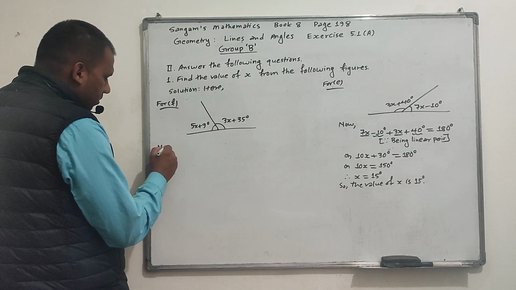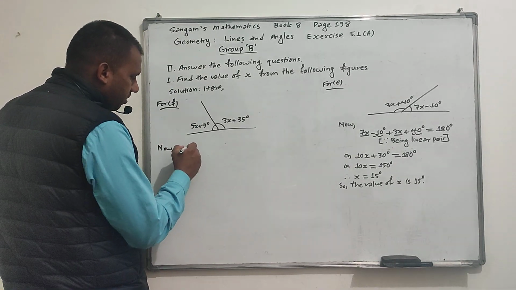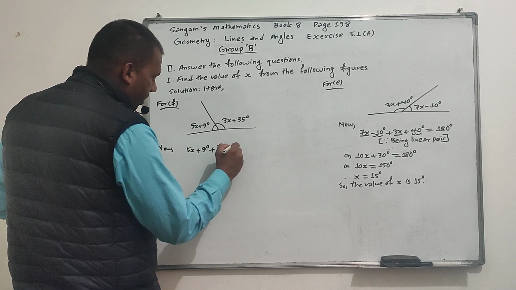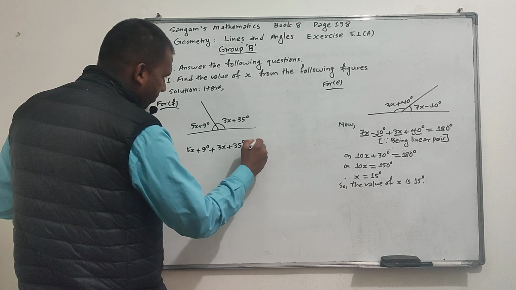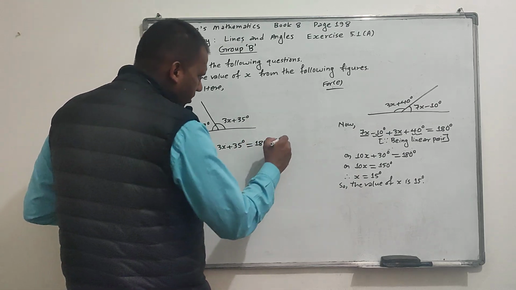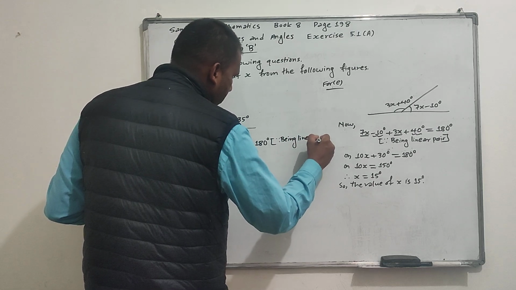Now they are also linear pairs, so their sum is 180 degree. So we can write 5x plus 9 degree plus 3x plus 35 degree equal to 180 degree, because being linear